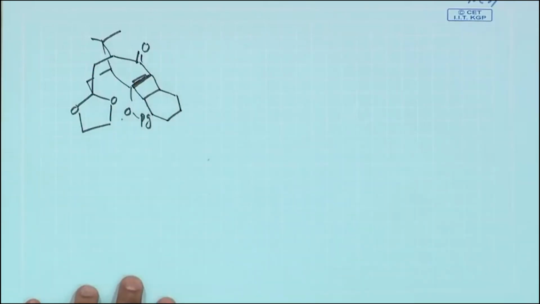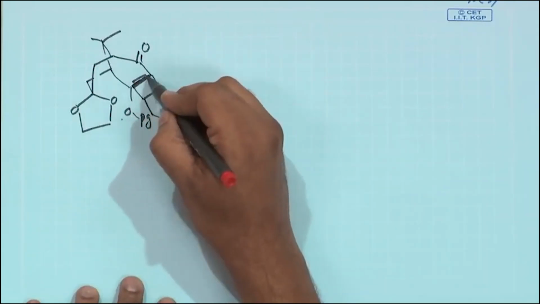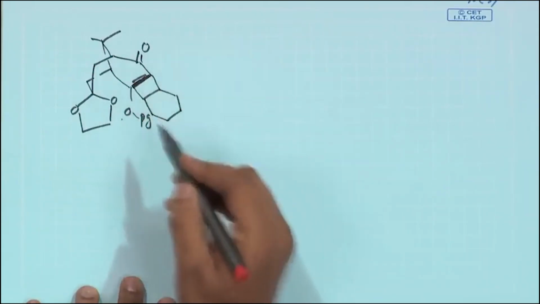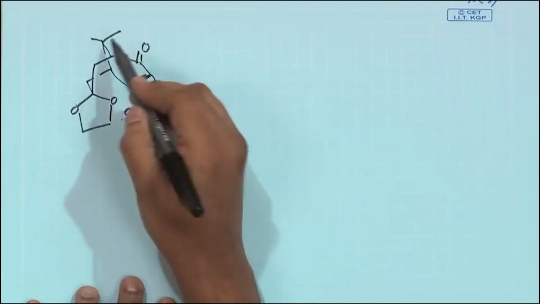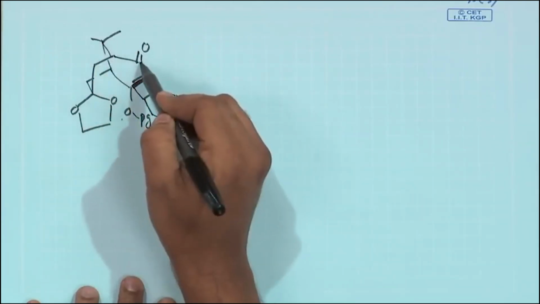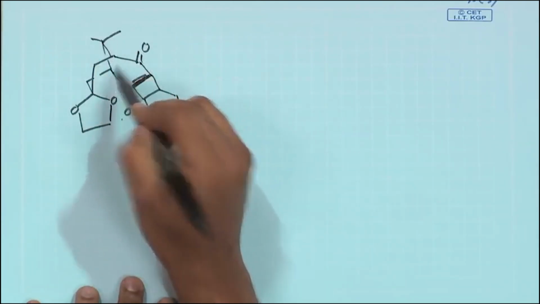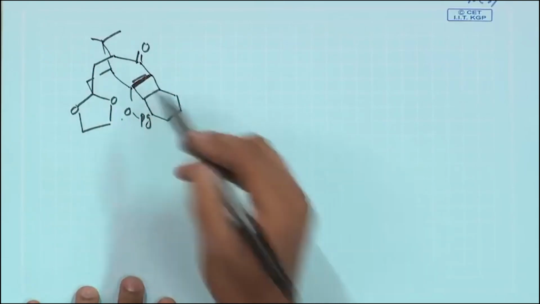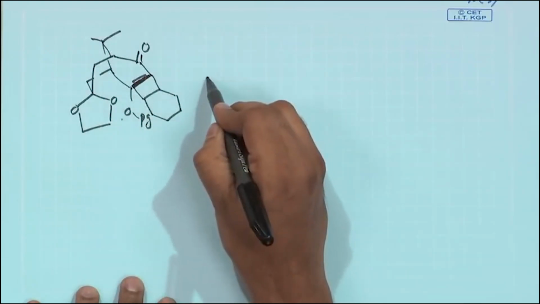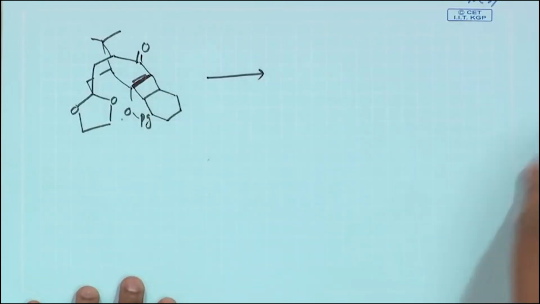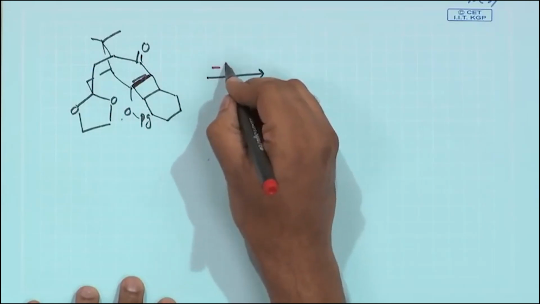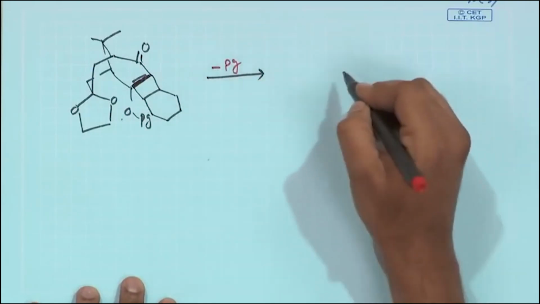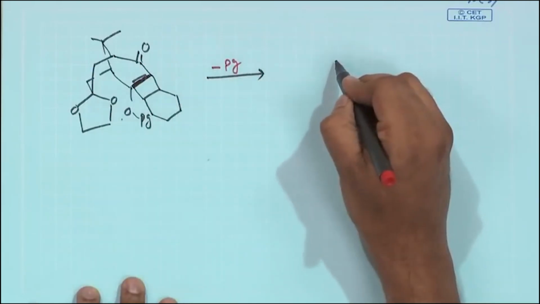Okay. So, now you make this particular connection. So, now you see this is 1, 2, 3, 4, 5, 6 and this is the 4 member ring. So, now we are saying that okay, now what you do, you remove the protection group. So, if you remove the protection group now,